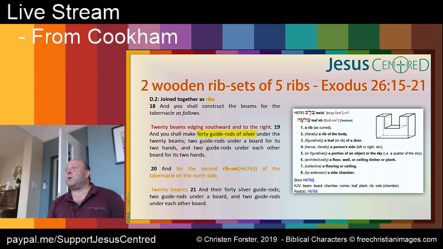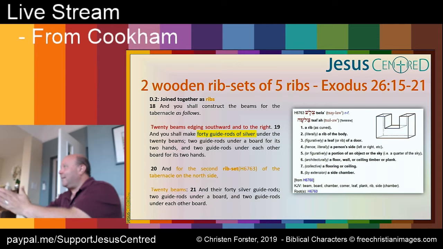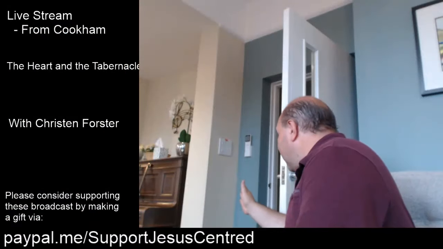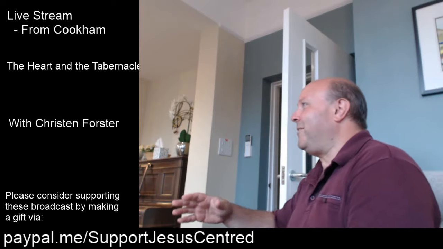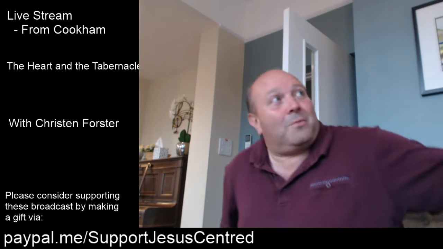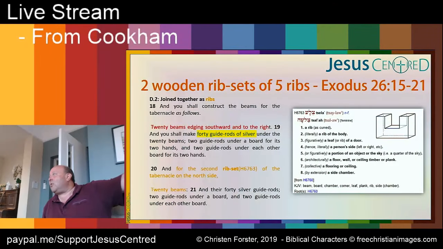But the trouble is the ancient world doesn't have clocks. So if I am standing looking east, south is over here, and I'm turning right towards the south. Do you see how, as I turn, I'm turning southwards? I'm turning clockwise. So the 20 beams are laid out in a clockwise direction.